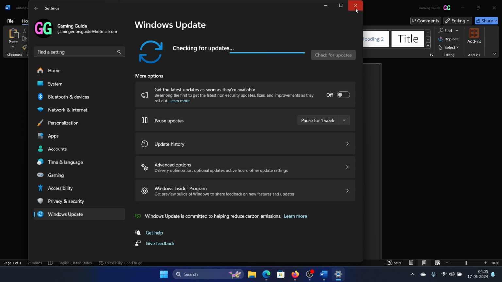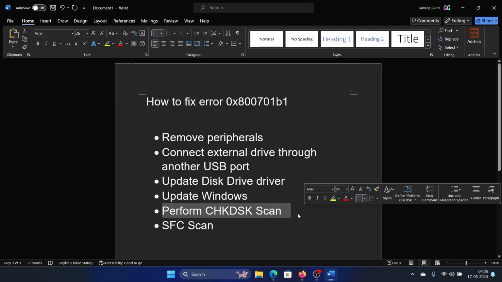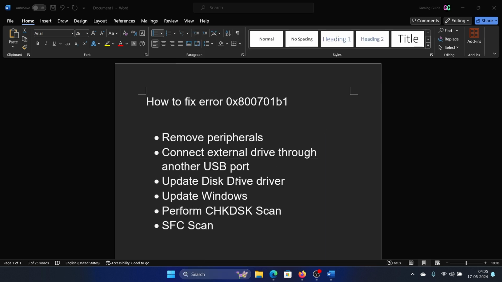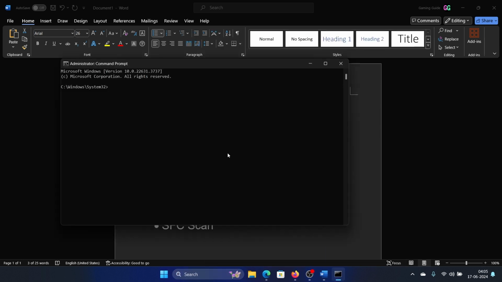The next solution is to perform a check disk scan. Search for command prompt in the Windows search bar and click on run as administrator. Type the command chkdsk /r /f and then hit enter. Press Y and then hit enter. Now I won't hit enter, else it will initiate the scan on my system, but you have to type Y